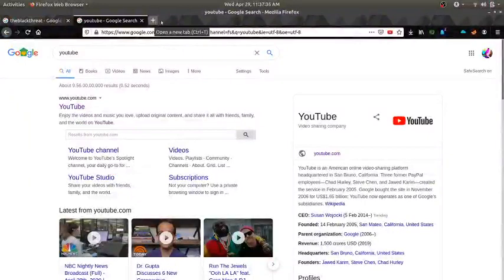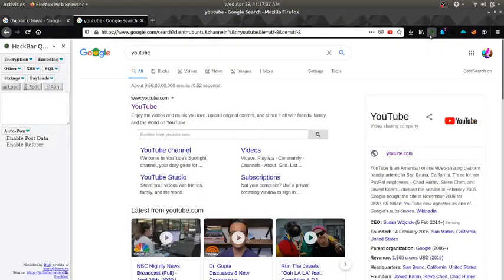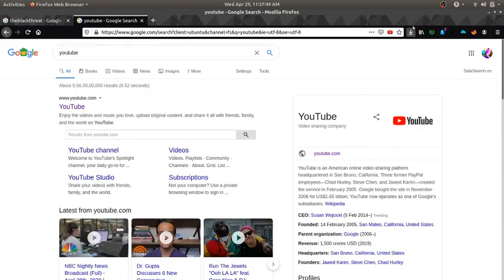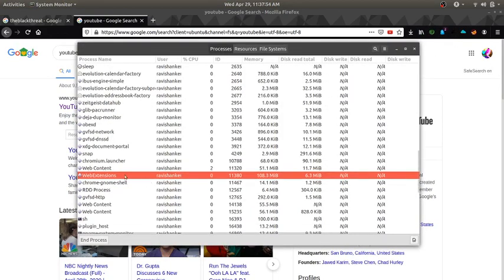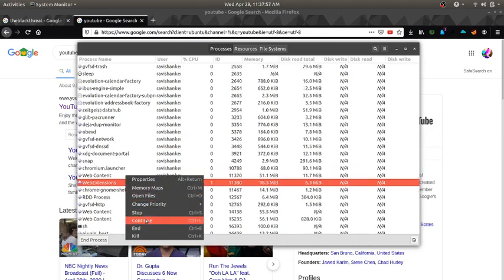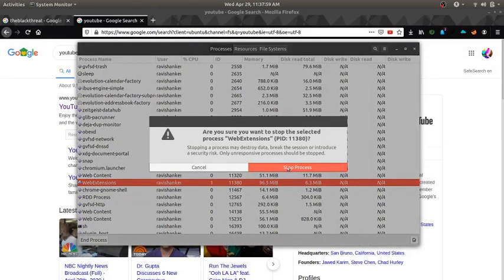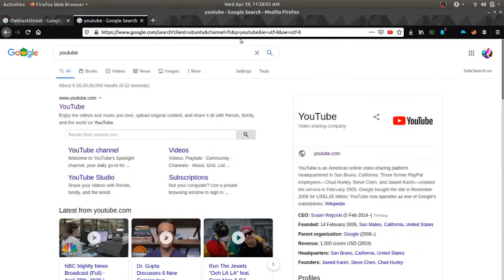Let's open Firefox, and you can see here I am clicking on the Hackbar Quantum, and it will show the left navigation bar, like another application on the window. So what we have to do is stop this extension's backend process. Click on the right side and then stop. After stopping this process, we are not able to open this. You can see here I am clicking on the Quantum bar icon, and it won't open.